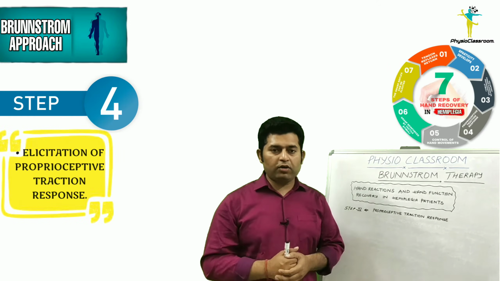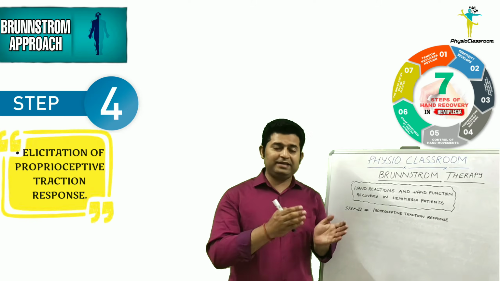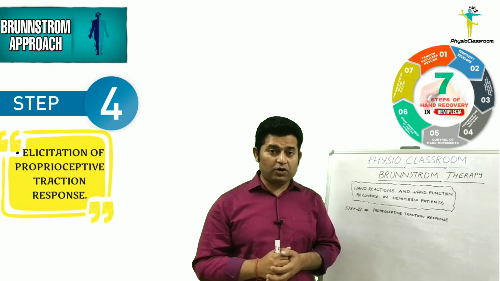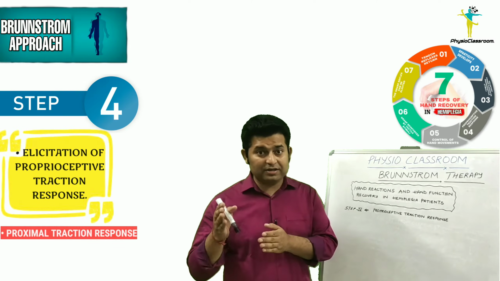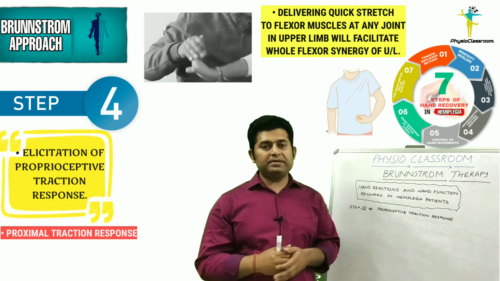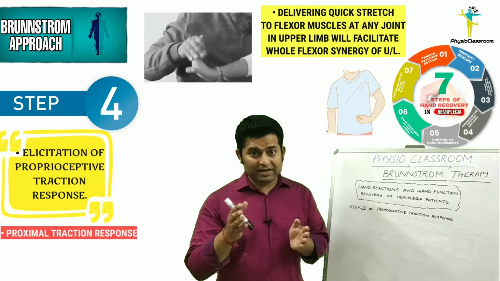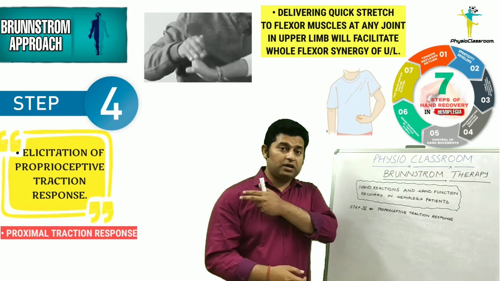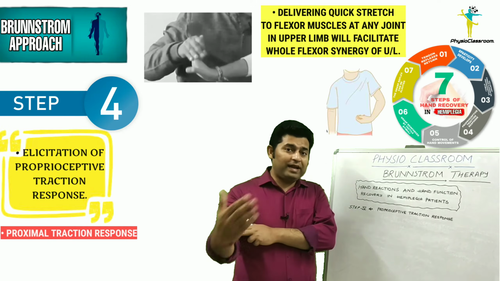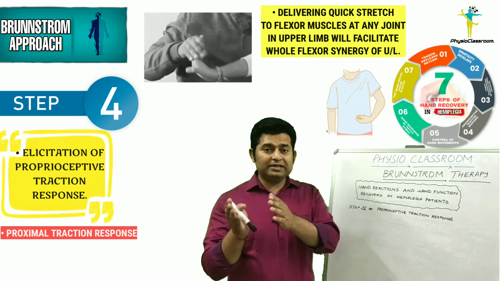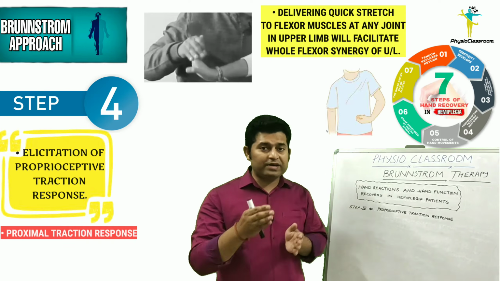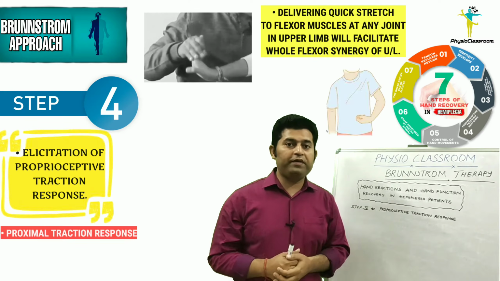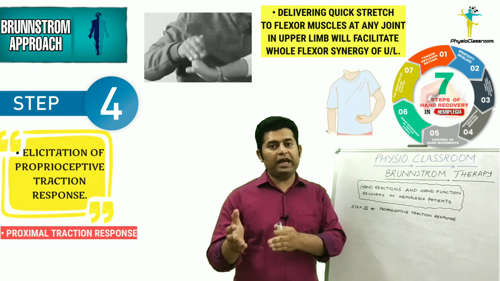Step 4 in the restoration of hand function is characterized by elicitation of the proprioceptive traction response. Proprioceptive traction response is also referred to as the proximal traction response. In this, if a physiotherapist delivers a quick stretch to the flexor muscle of any one joint of the hemiplegic upper limb, so it can be a quick stretch to the flexor muscles of the shoulder or the flexor muscles of the elbow or the wrist, then this is going to result in a reflexive facilitation of the flexor muscles of all the other joints, and this can often result in the total shortening of the hemiplegic upper limb